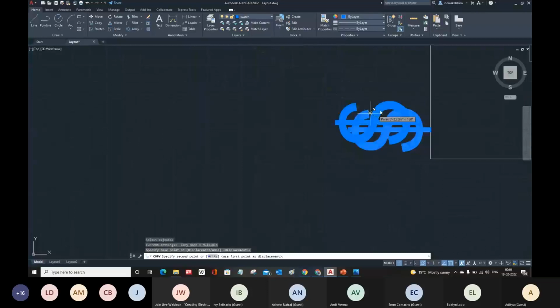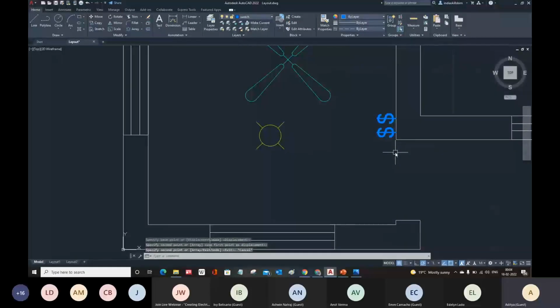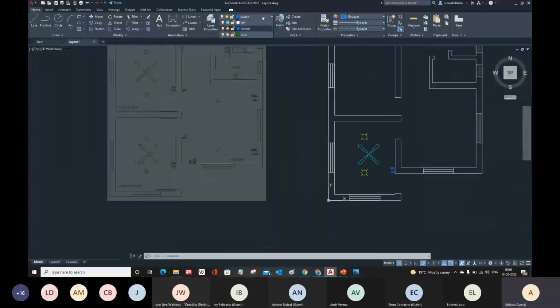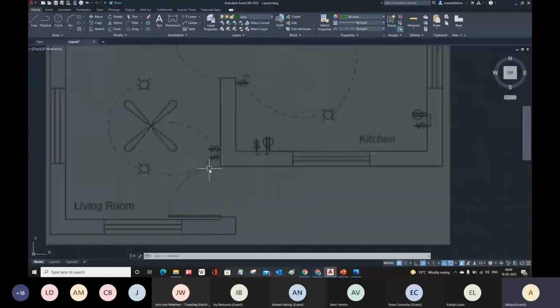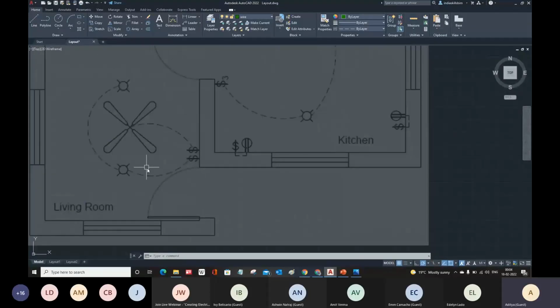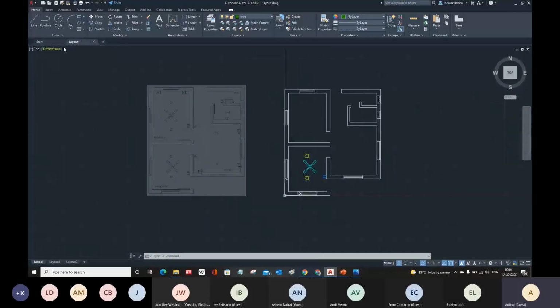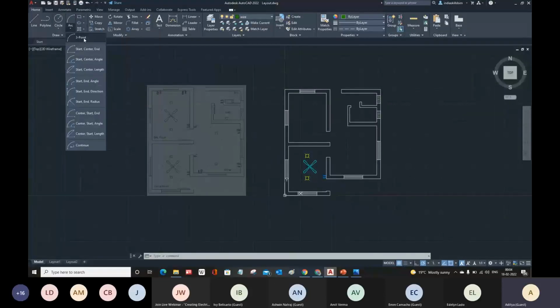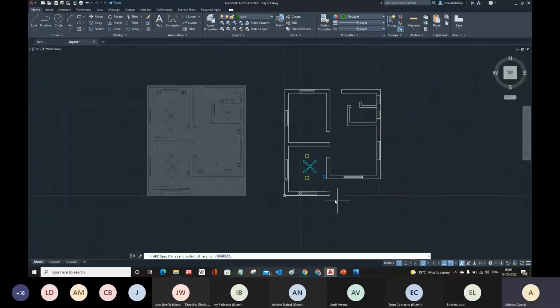Now we can create this wire with the help of a hidden line, and in this layer, that is a wire layer. So now switch to the wire layer and then start creating it with the help of, this is kind of an arc, you can see. So we can use the arc command. You can press A, or here we have the arc command in our ribbon area. So you can use the arc tool here. You can click on the drop down, choose 3-point arc, and then specify the first point.